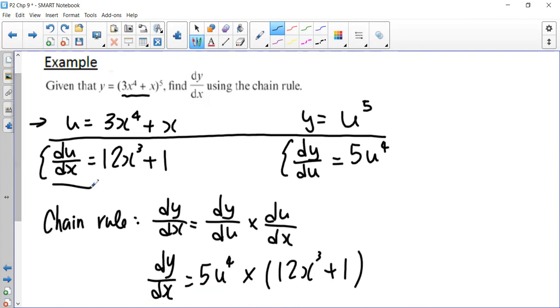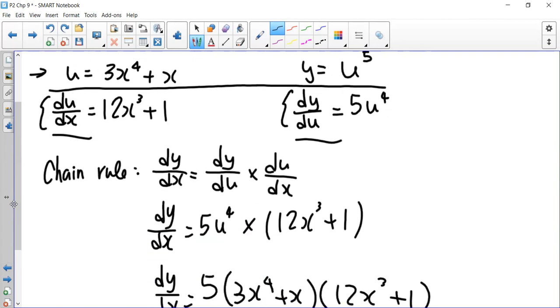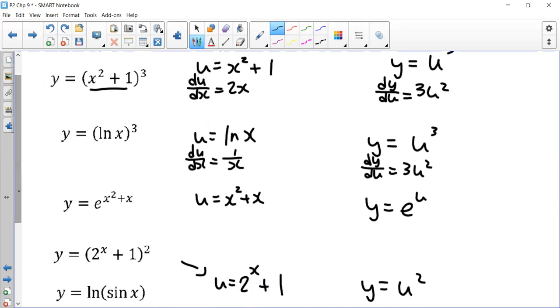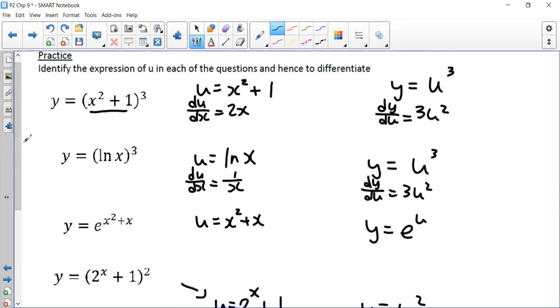Once we've found du by dx and dy by du, the next step is the chain rule formula. So dy by dx equals the 2 derivatives multiplied together. In the previous one it was 12x cubed plus 1 times 5u to the power 4. So in here, for the first question, you find dy by dx, you multiply the 2 derivatives together. So which is